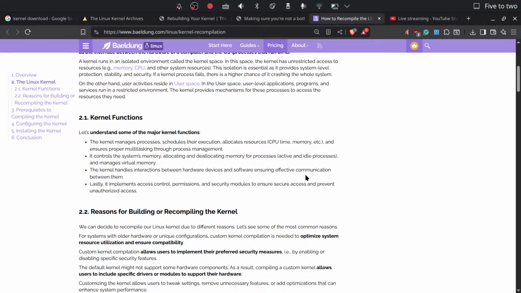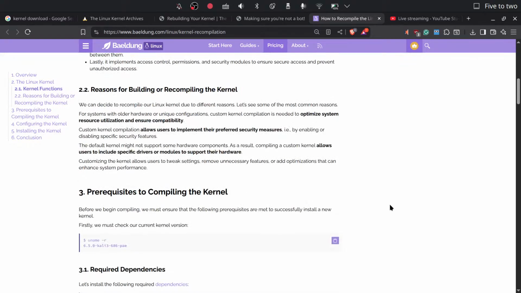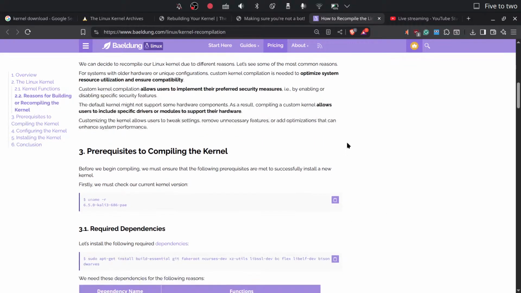Kernel functions, reasons for building or recompiling the kernel. Okay. Before we begin